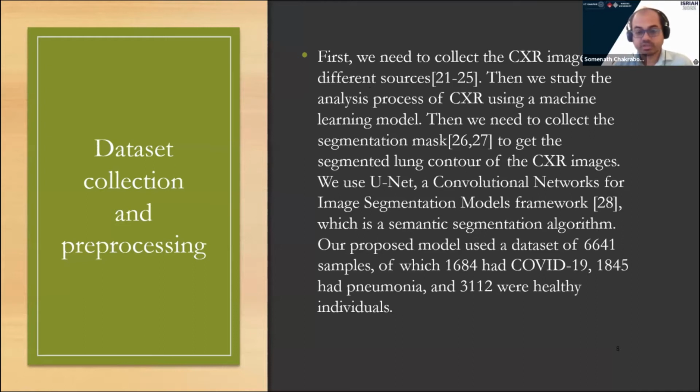Initially, whatever publications we see from 2020, they lack data, with data imbalance issues. They lack the data required to make their model most efficient. So in our model, we make sure that it does not have any kind of data imbalance issues. And currently we have a lot of COVID-19 positive data available, but still with different variants, the research is going on.